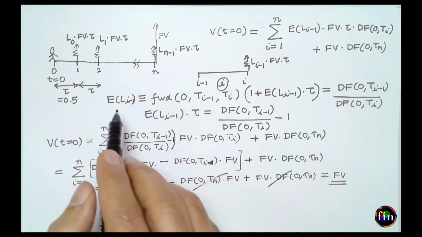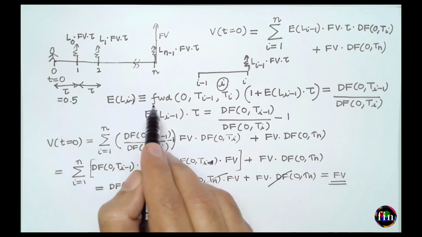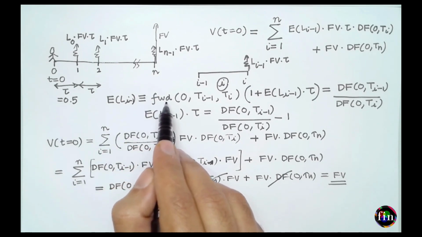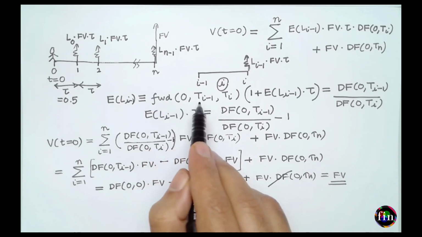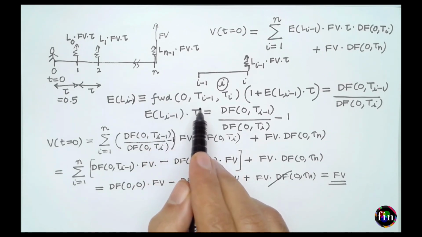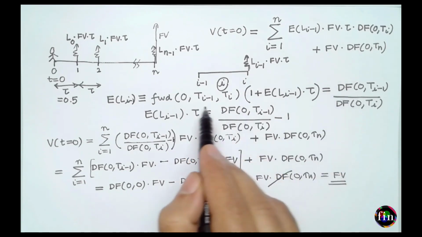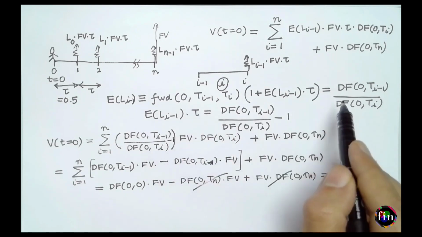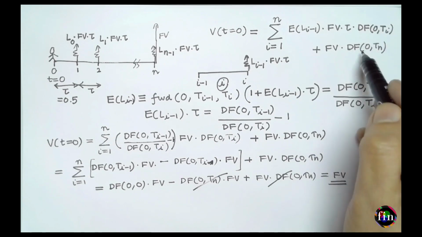It was that the expected value of the LIBOR was equal to the forward rate that you can imply from the term structure as it exists as of today. Okay, that was my first assumption. My second assumption was the discount factors which entered into determining this LIBOR was the same discount factor which I used for discounting the payments also.